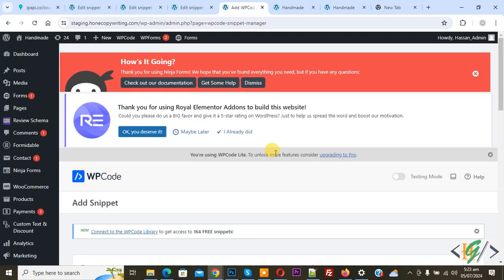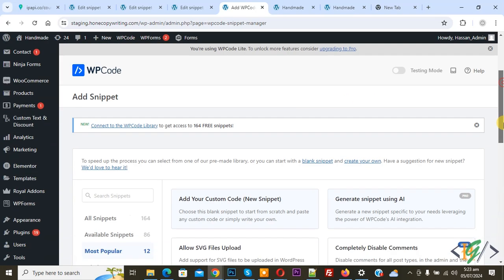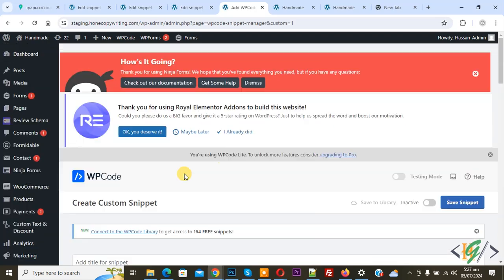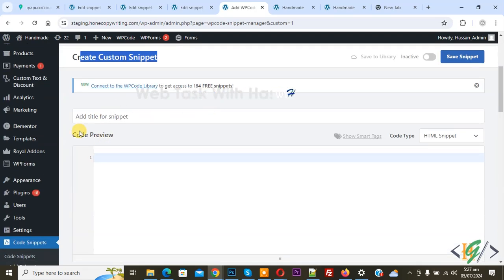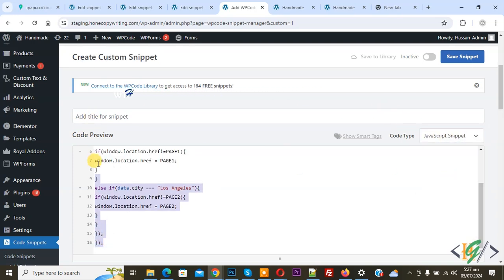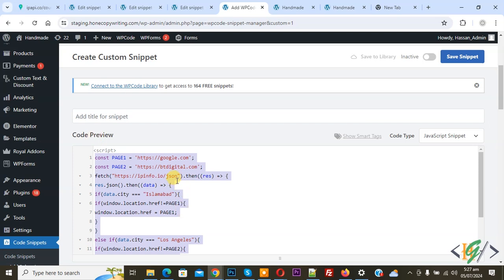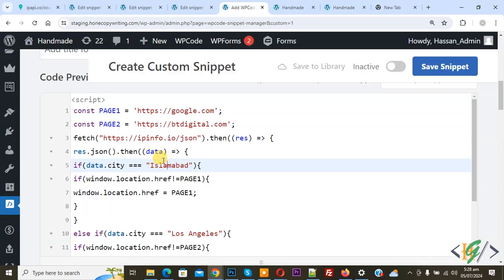We are going to redirect visitors based on their city location to a different web page or custom URL. Now you see Add Your Custom Code, so again click on it. The Create Custom Snippet section opens and you can add a title, then you see the code preview. On the right side you see the code type drop-down, select JavaScript. Now we are going to paste the code, and you will find this code in the video description or in the comment section. By using this code we are going to redirect visitors based on city location to a different page or custom